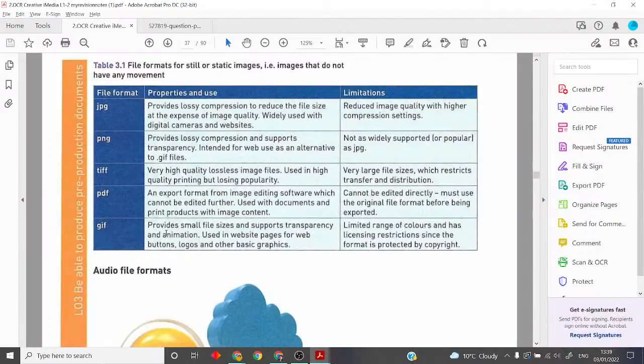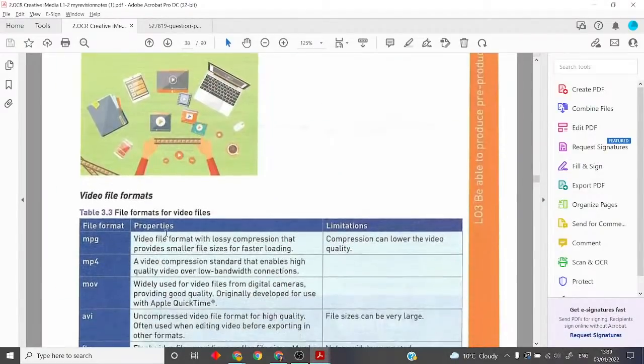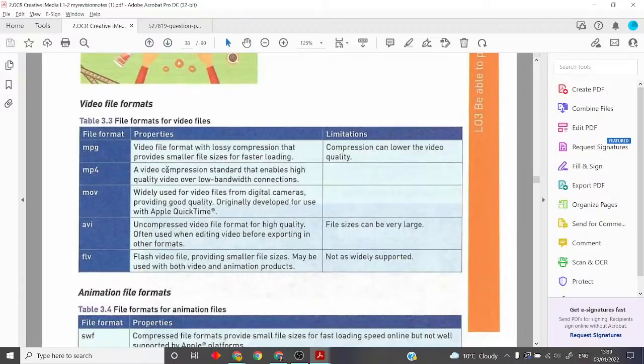And again, I'm going to bring you over to here. No, I put audio first. Let's go on to video. And again, it's got this nice little table here where it tells you about those different types. So you've got your MP4, you've got your MOV. This was originally an Apple file format actually, but it's now used a little bit more widely.